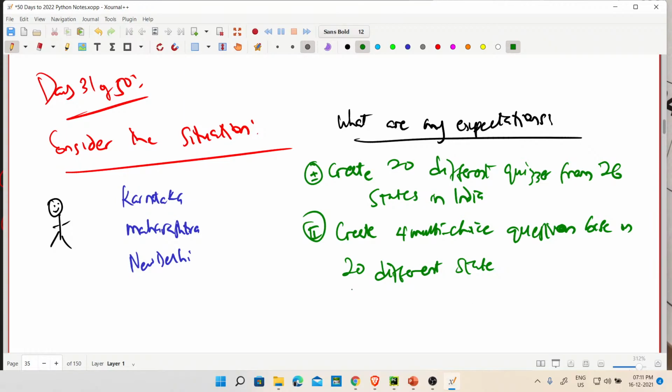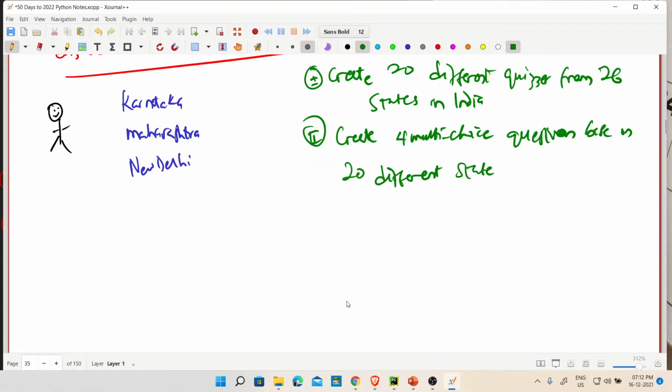You say it's in Karnataka. No problem. And then if you are going to say Karnataka, that means you need to give me options, right? So for example, what is the capital of Karnataka? And this we are not going to type it.